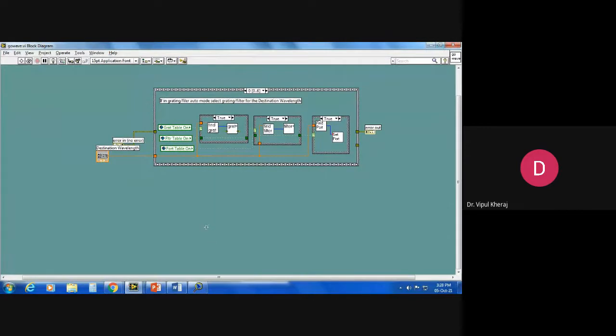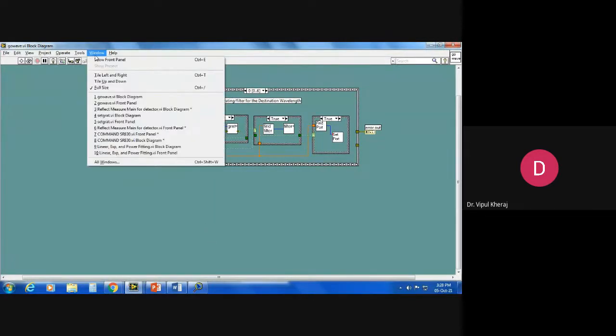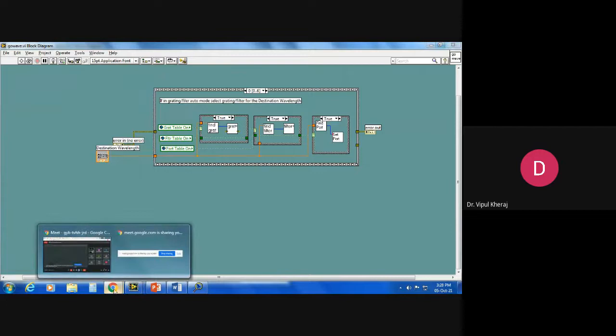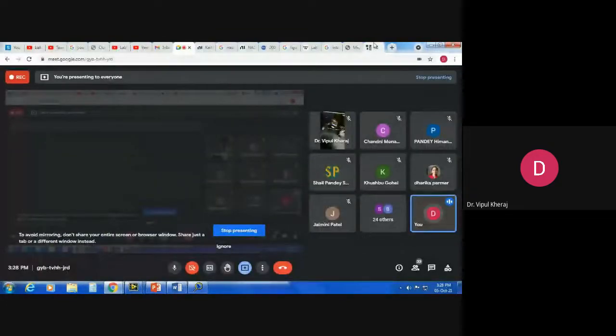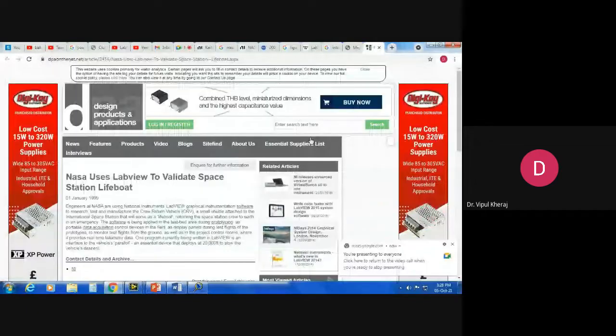The second important part about LabVIEW is its compatibility with lots of instruments, because, as I said, Boeing, NASA, LIGO. I was even looking for some examples. For example, if you're a physicist, you are always fascinated by experiments like LIGO and all. You know that. So I found this internal